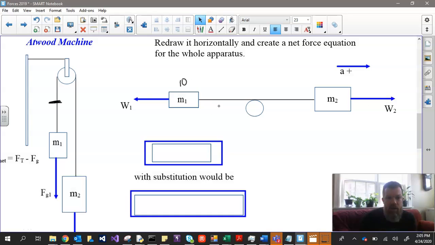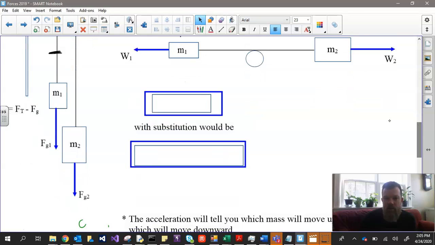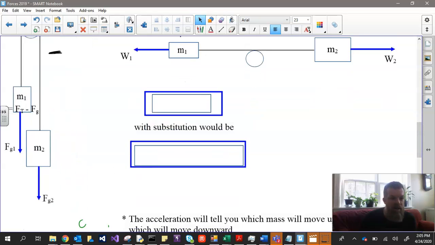Hi everyone, I just wanted to go through the basic understanding of an Atwood machine here quickly, just so you know what the formulas are that we're using and how to set these up. An Atwood machine was created in order to analyze connected objects. So if I were to look at this apparatus over on the side,